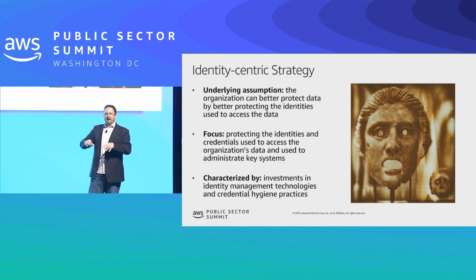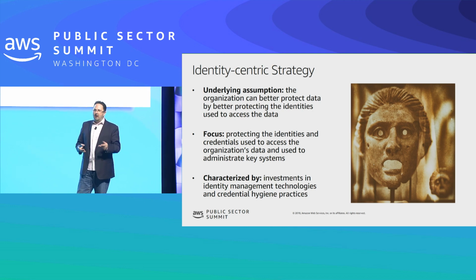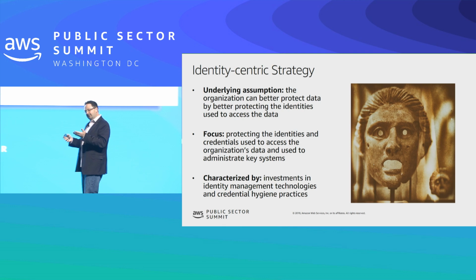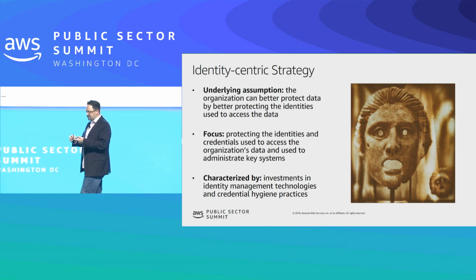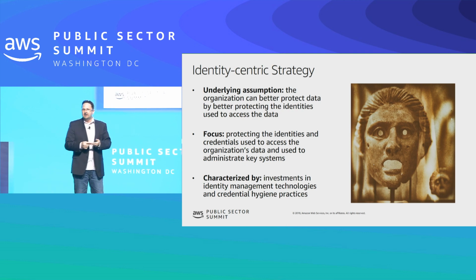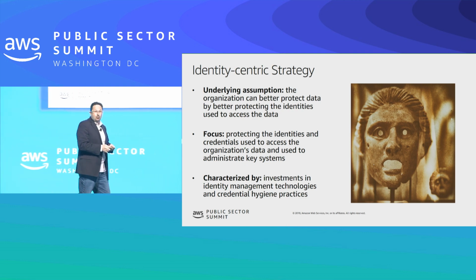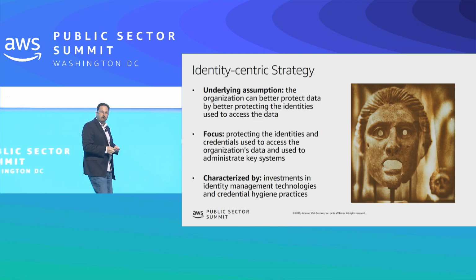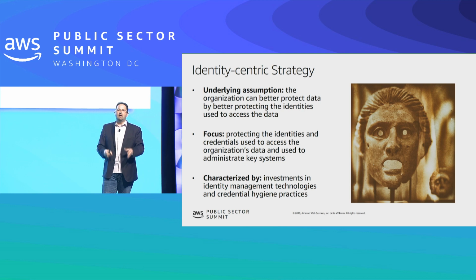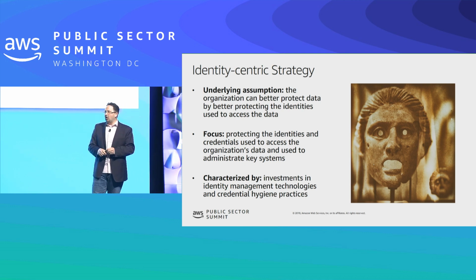Okay, it turns out that when we do authentication and authorization activities, there's a lot of metadata that's generated. And if we can look and get access to that metadata, maybe we can do interesting things. We can look at the strength of the credential. We can look at the trustworthiness of the system that's being used to do the authentication. We can look at the location the authentication request is coming from and whether that makes any sense. We can use that metadata to make better decisions about whether to authenticate this individual or system, and whether we should authorize them for whatever particular action they're taking, okay?